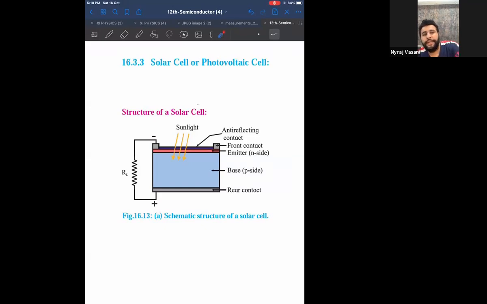Nikhil, ultimately it will be AC, because all the lights, fans, and heaters at home work on AC. So at home, if you're powering anything with a solar panel, it has to be AC. But you know rectifier, you know oscillator. You can put that rectifier, after that you can convert AC to DC, or DC to AC. But when the solar panel gives it to load resistance, that will be AC only, because mainly that is a TV, a fridge, a heater and all that. And you know that household appliances work only on alternating current. Okay.